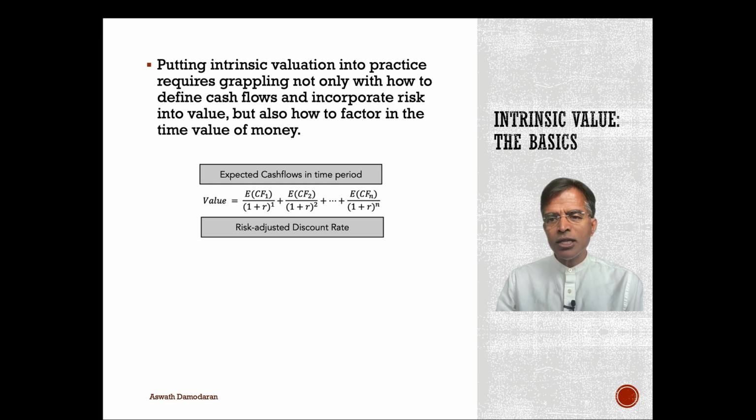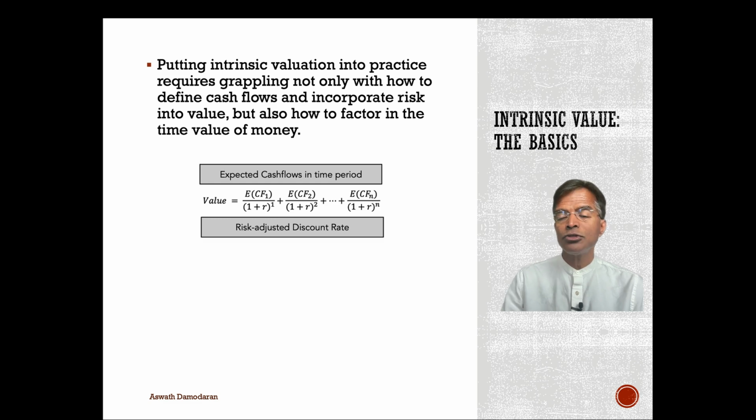While we can dress up intrinsic value and make it sound more complex than it needs to be, ultimately the intrinsic value of an asset or a business is a present value equation. It's the present value of the expected cash flows you will make by investing in that business. So you look at the ingredients, you need expected cash flows. Key is expected in the future, not cash flows in the past, but cash flows in the future. And you discount those cash flows back at a risk-adjusted discount rate.